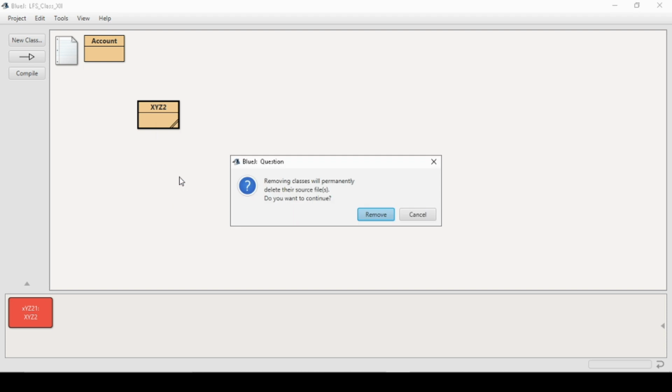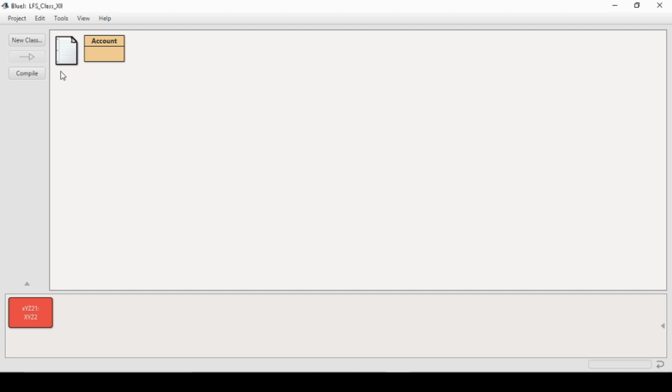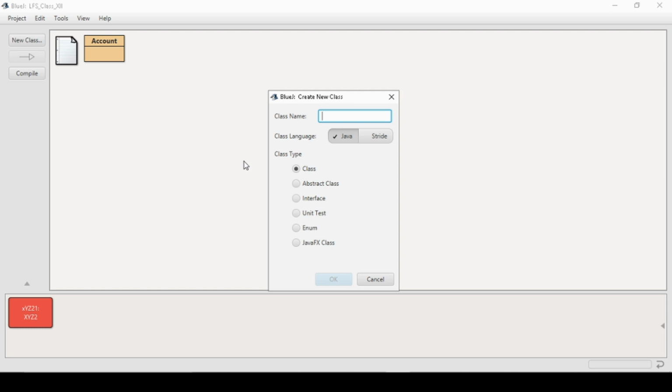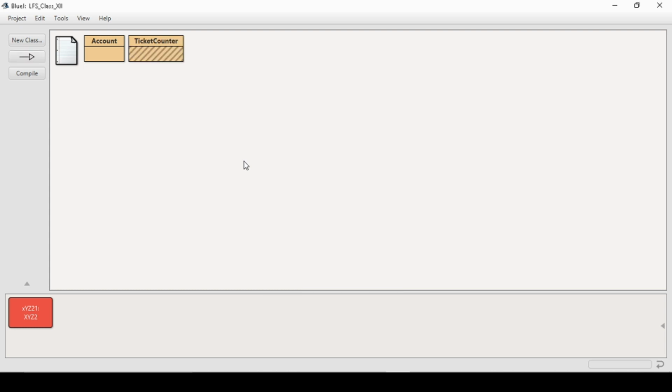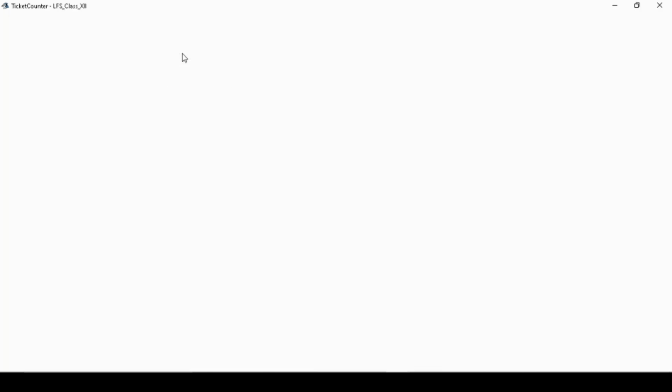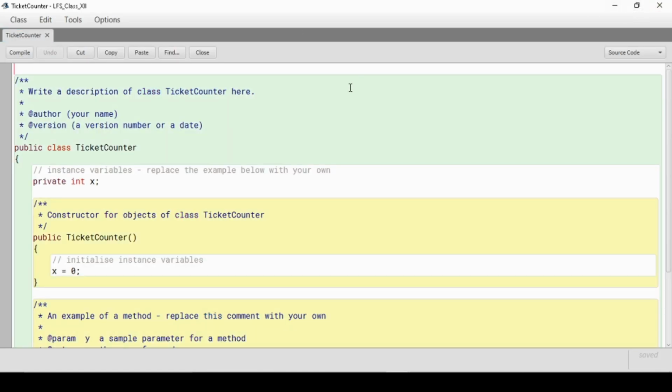If you remember, we studied the static keyword first in class 10th, and there we studied that if a static keyword is used with a data member, then it will share its copy with all the objects. So we know that a static data member shares its copy with all the objects. Today we will understand why it is necessary. To explain the need, I am creating a ticket counter class.